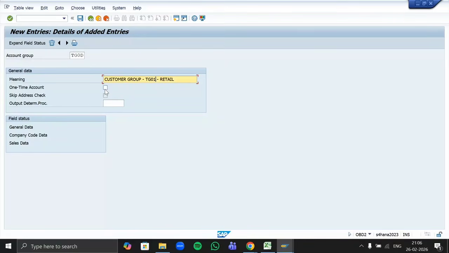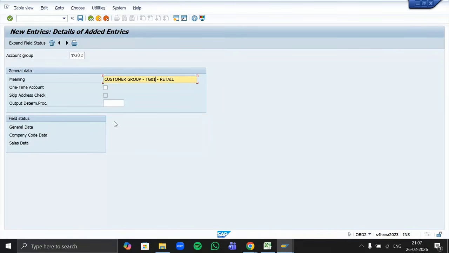Instead of creating full master data for each such customer, SAP allows us to use a common customer code, where we just maintain the individual details and that's it. We are not going to include that customer in our customer master. So that is what a one-time account is.